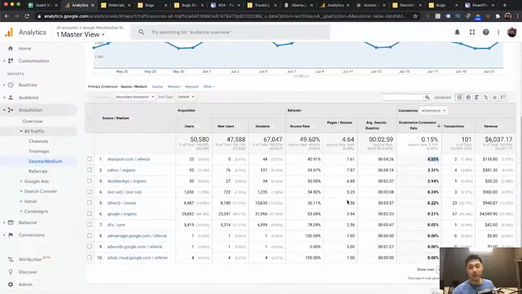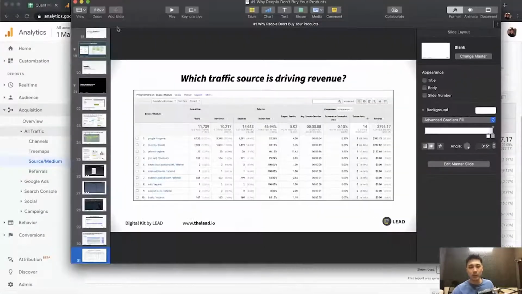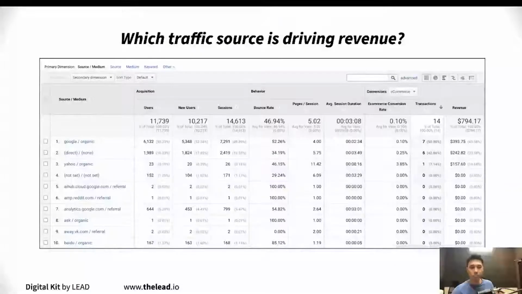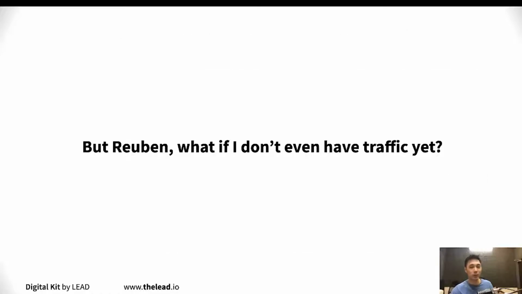So cool, this is great, right? Now, the next thing I want to show you is, okay, what this is simple to do. Once you have Google Analytics, this would be a piece of cake to start up. And if you have it installed, you'll be able to see data like what I've just shown you.